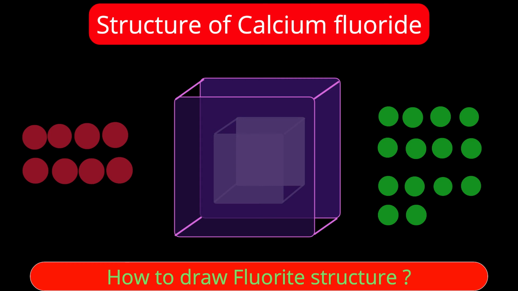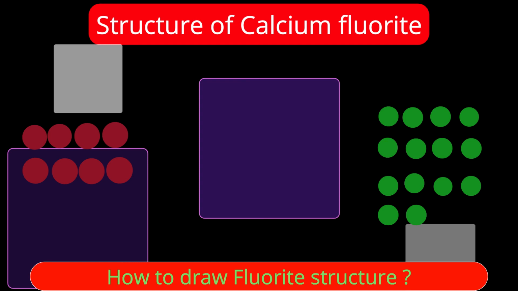Here, calcium fluoride is the example we are considering. By this, any problem or issues remaining about understanding the previous structures will become very clear. Students, we need to imagine two kinds of cubes, one large and the other small. The large cube is for the calcium ions, in FCC arrangement. And at the corners of the small cube, fluoride ions will be there. Now how to draw that? Just pay attention.